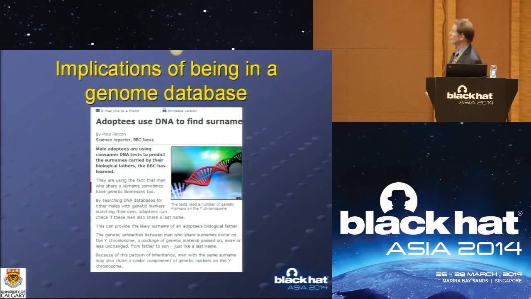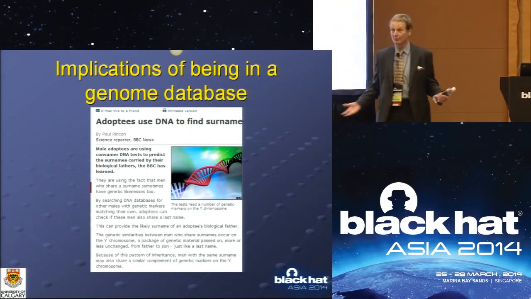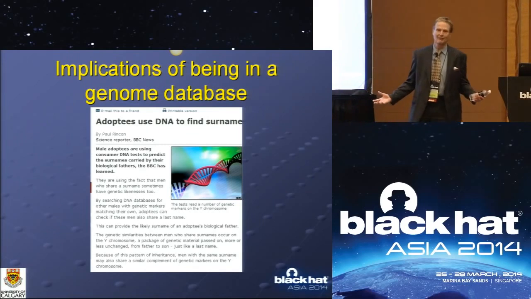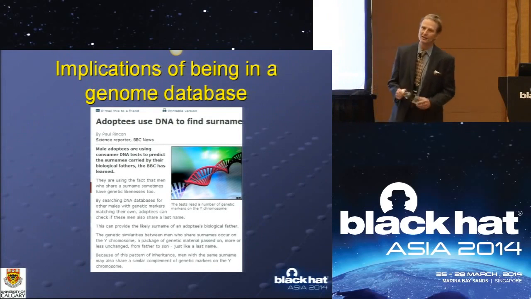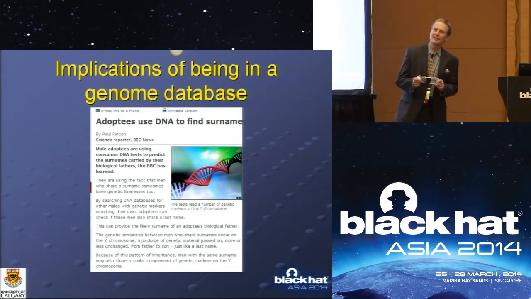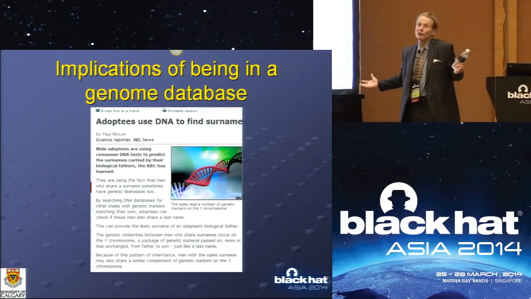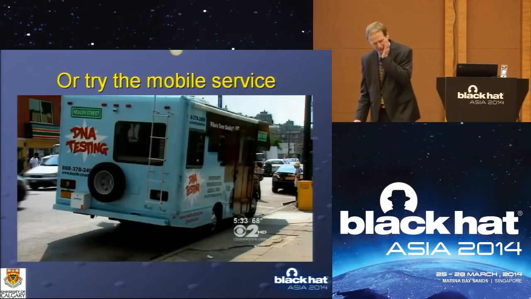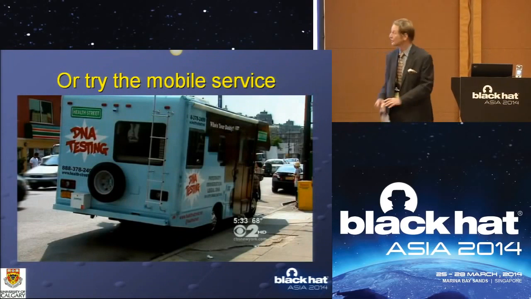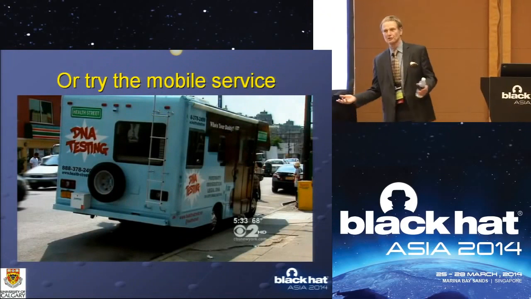One of the implications of DNA in these genome databases is that sperm donors are suddenly getting phone calls from their children saying, I'm going to college, Dad. And the guy goes, you're not my kid. Well, yes, I am. I checked you in the DNA base. There is one group, actually, of 27 children in New York City, all of whom have the same sperm donor father. And they go on vacations together, and they all look alike. It's ridiculous, right? There's even a guy who has a truck. He drives around New York. So if you really want to know who your daddy is, you just go and find his truck, give him $299, and he will tell you who's your daddy.